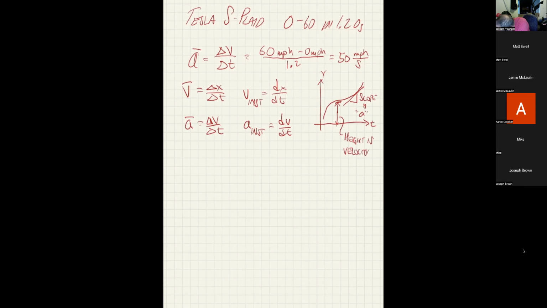And by height, I mean distance from the horizontal axis. If it went down, it would be the distance from the horizontal axis. But because that's negative, that's just telling you it's going towards the origin instead of away from it. So now that we have that, let's imagine